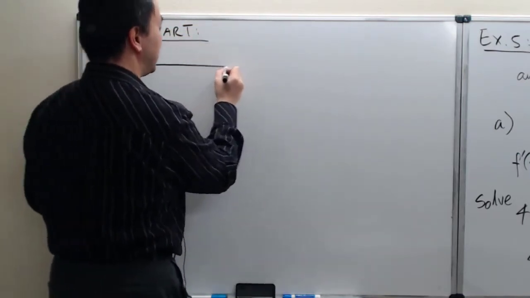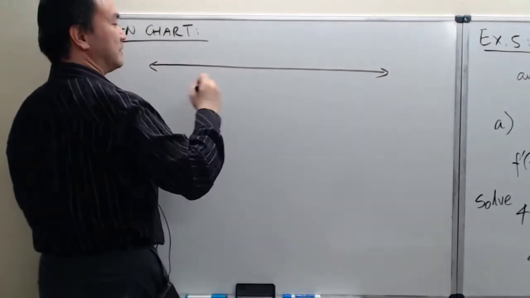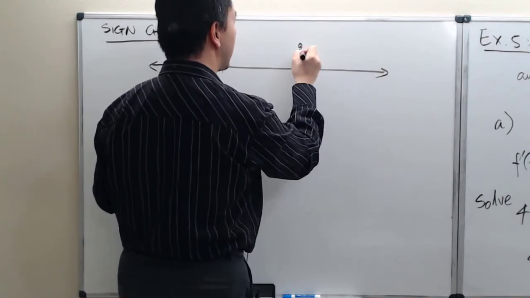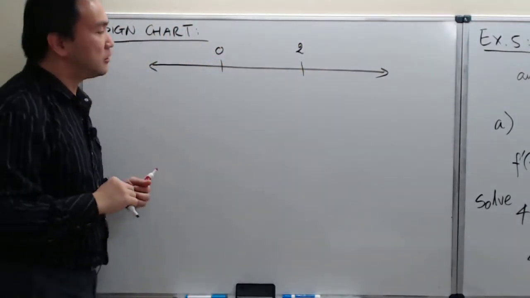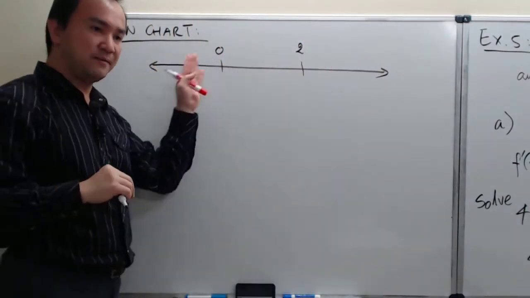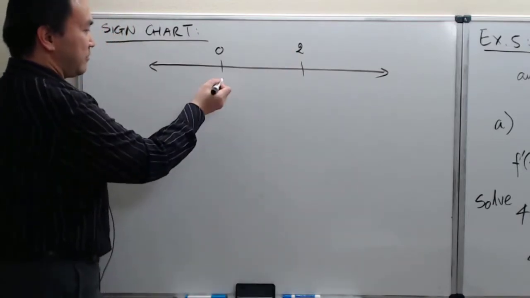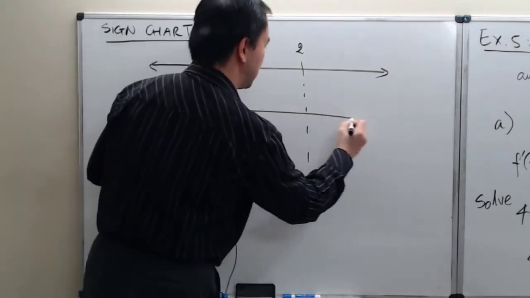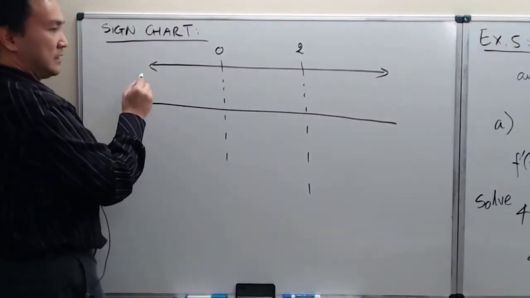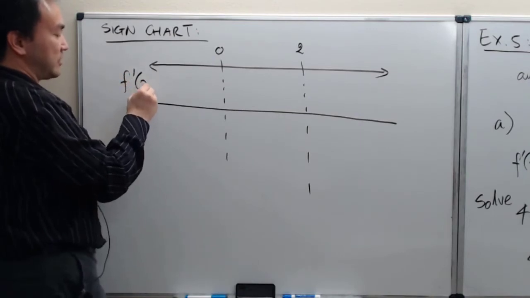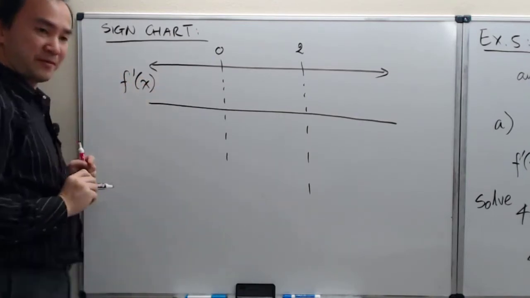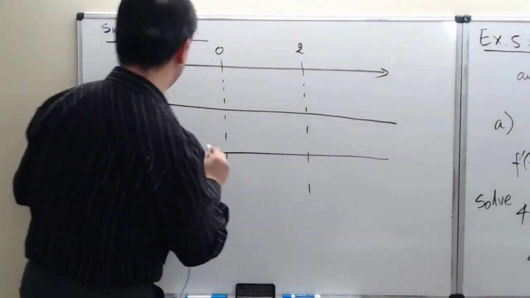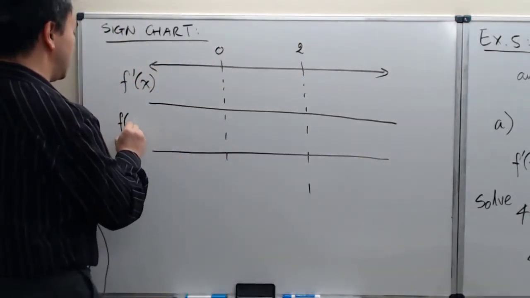all right, so here's my line of values. My line of number 0 can be a value somewhere here, and 2 is another value to the right-hand side. So we have to put all the critical values in increasing order from the left to the right-hand side. And now, just like the earlier example, I am going to produce a row below to investigate the sign behavior of our f prime. Okay, and I am going to produce another row below right here to investigate the increasing or decreasing nature of